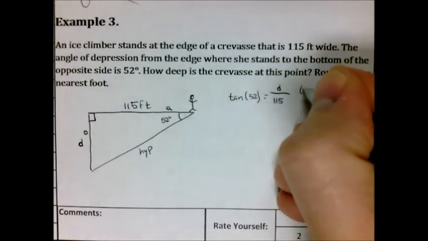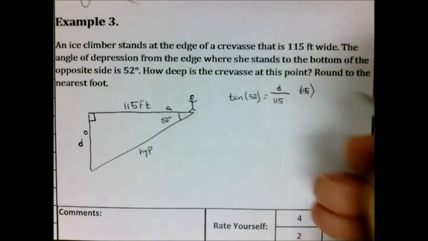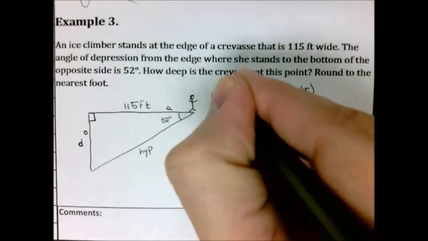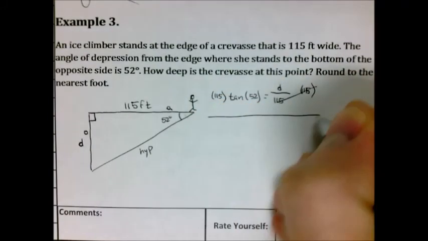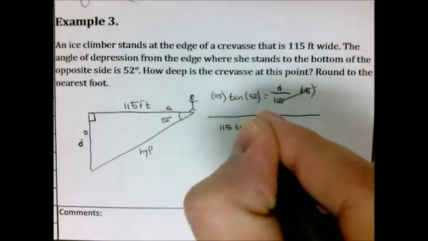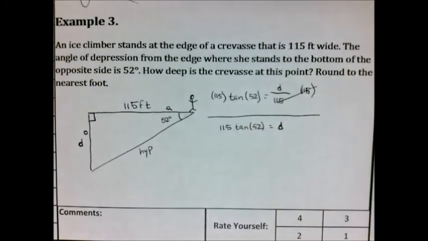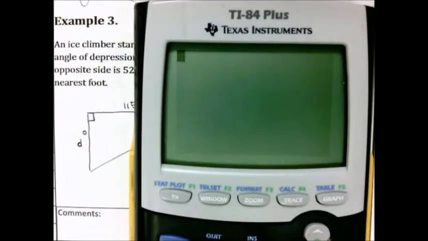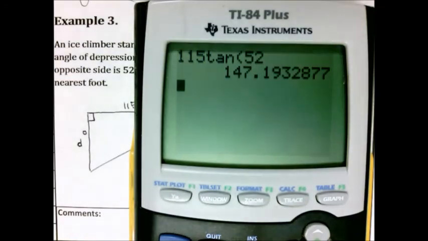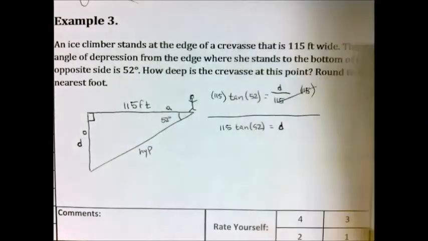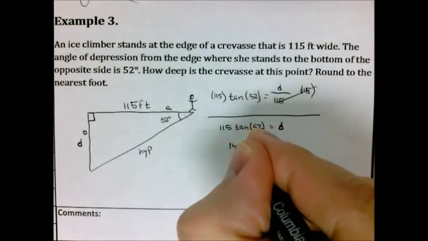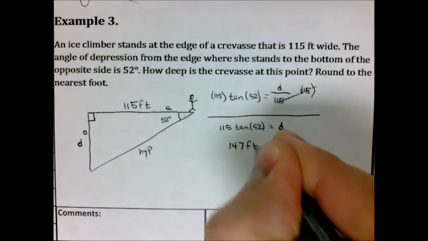Now we just have to solve for D. So we do that like we have been doing a lot. Multiply by 115 on both sides, because the 115s will cancel out, and I'll be left with 115 times the tangent of 52 is equal to our depth, how deep the crevice is. Okay, and then finally it's just punching those numbers into our calculator. So we got to get our friend back out, and we're going to type in 115 times the tangent of 52, and we get 147.1, which rounds down to just 147 feet. And that is how deep